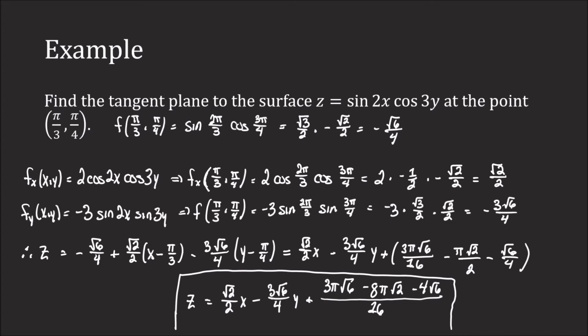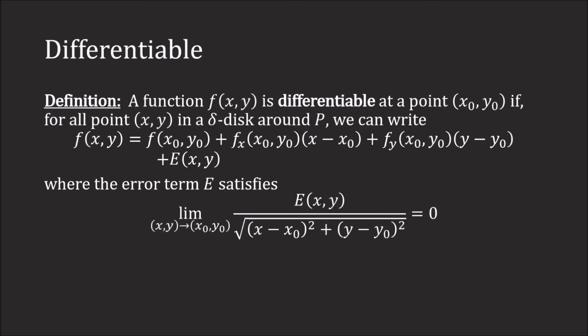We now look at the idea of differentiability. So we say that a function f of x, y is differentiable at a point x0, y0 if for all points x, y in a delta disk around P, we can write f of x, y equals f of x0, y0 plus f sub x of x0, y0 times x minus x0 plus f sub y of x0, y0 times y minus y0 plus e of x, y,